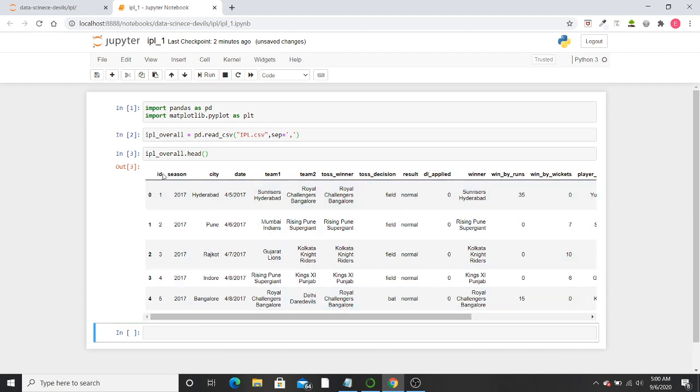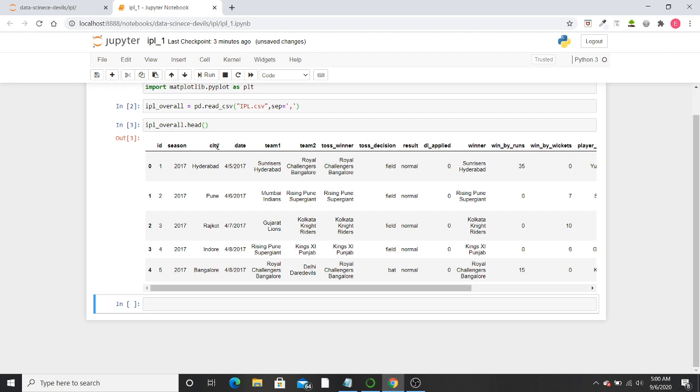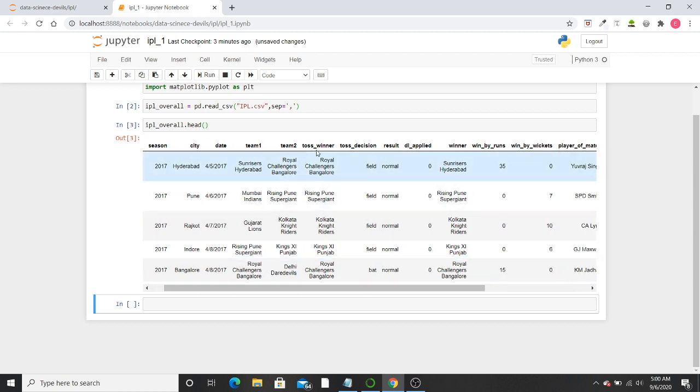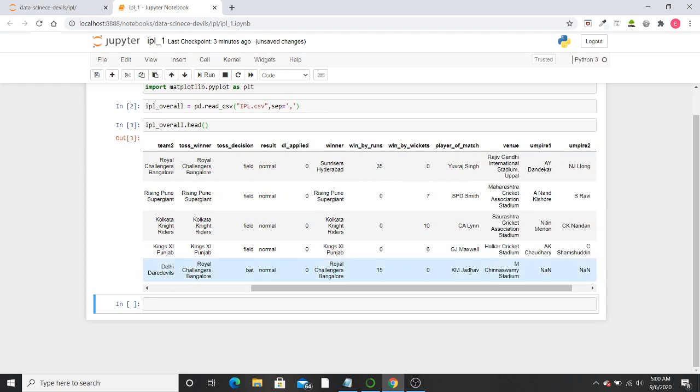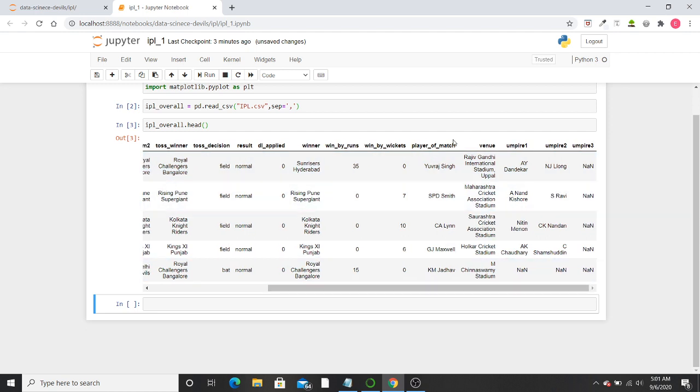We can see there are columns named ID, season, city, team 1, team 2, which team won the toss, what was the toss decision, which team won the match, by how many runs, and then by how many wickets. And then you can see yourself.